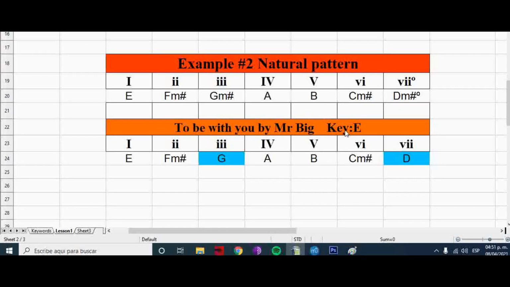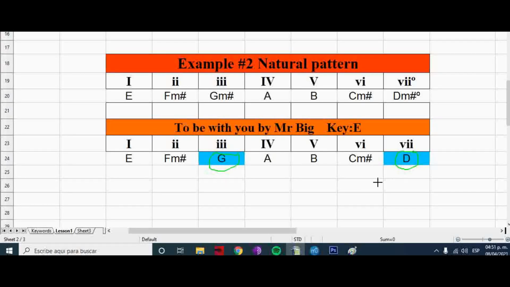But look at here, right here in the song "To Be With You" by Mr. Big. The key is E, the same key we were talking about. And look at here, we have the same pattern as above, but this is the exception. Let me mark for you. This is not G minor sharp. In this case we have G major. It's breaking the pattern. Then we have A major, which is the same, B major. Look at here, is the same idea, C minor sharp, and look at here,